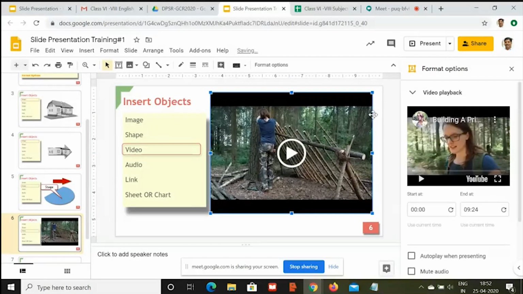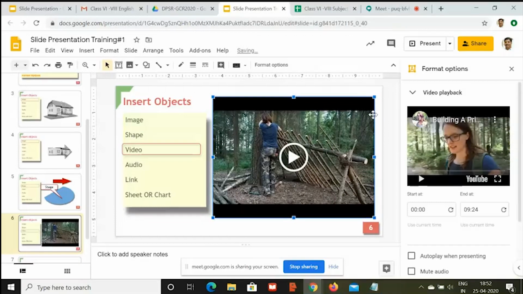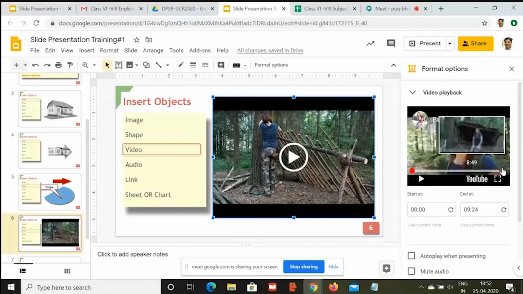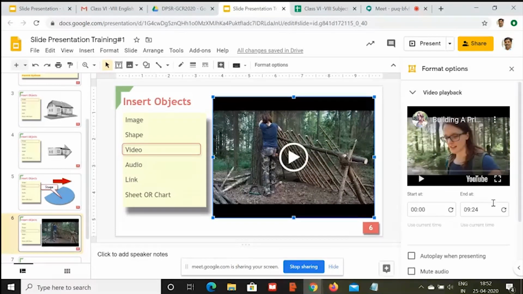And before you make sure that it is going to be your video to be used in the classroom, you play it, see it fully from beginning to end, and then only you leave it here. And in this, the best thing is, if you don't like the content at the end, you can just change the timing so that it will stop at that particular point only.